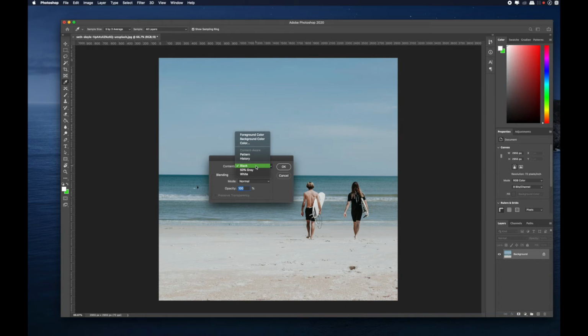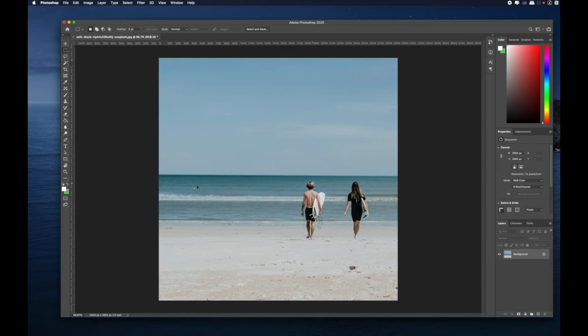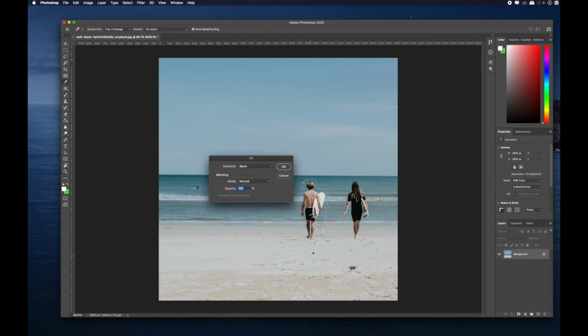Now we are going to focus on this content aware thing. For that, let us first of all select this object. What I want to do is delete this particular subject from my image. First of all I have to select it. So pick the lasso tool and then very roughly draw around it. Okay, so this is my selection. Now Shift Delete on my keyboard.